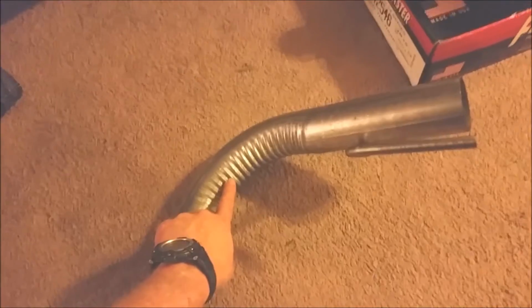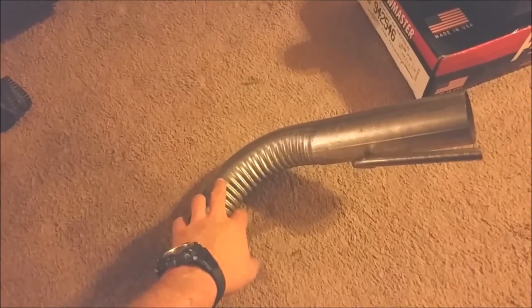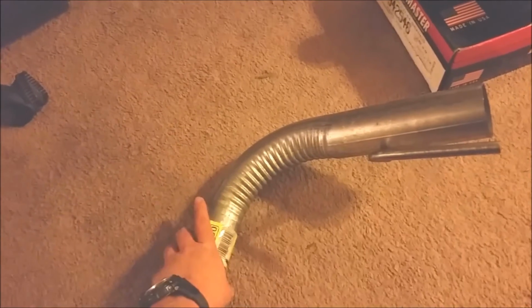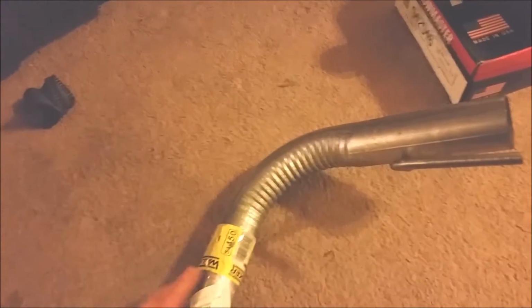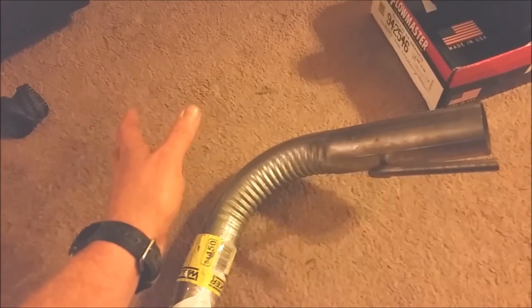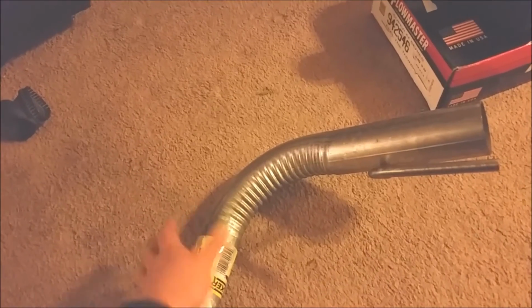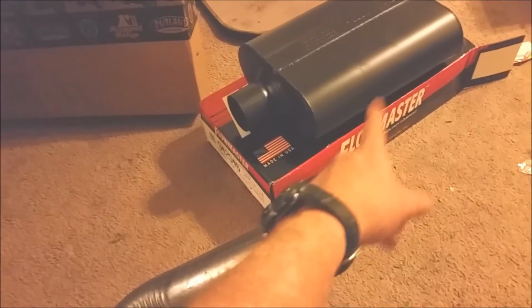Now, small here, but this comes out to about 2 1/4, which is your factory size for your 4-liter, okay? Granted, with a 4.6 stroker motor, this might be a little bit small, but seeing as how it no longer has any catalytic converters and I'm not having any running problems with it too much right now, it'll be okay. Now, from here I'm going to have to make an intermediate pipe going into this to my Flowmaster muffler,